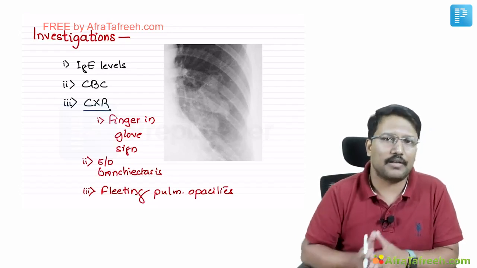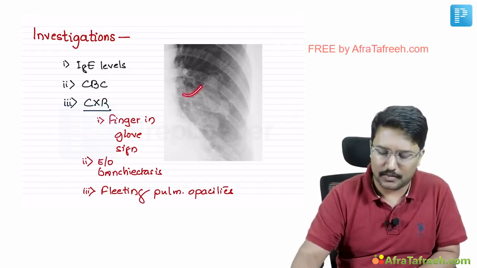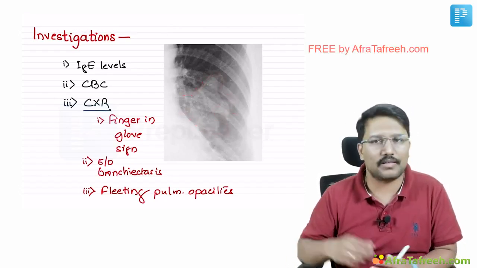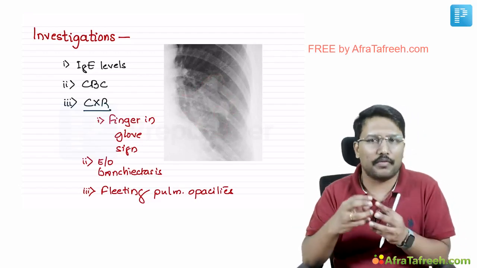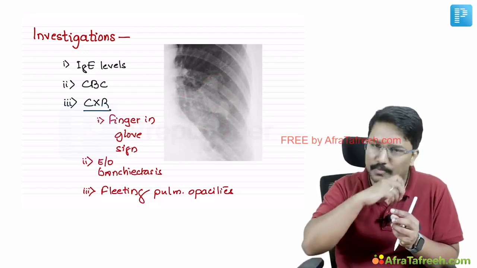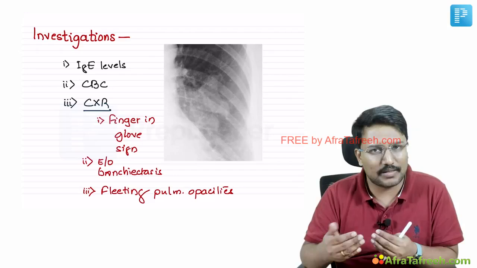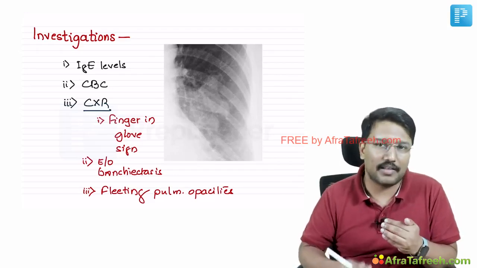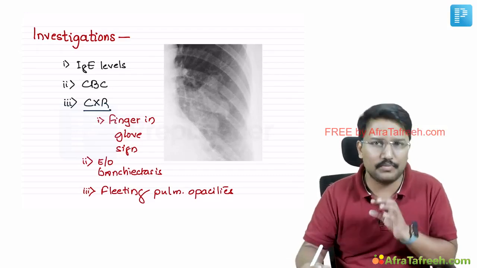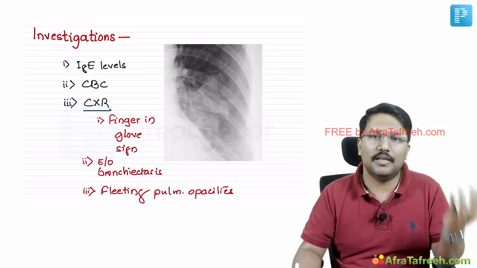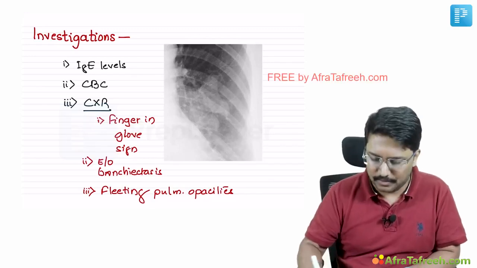That's one explanation. The other possibility is the collection of the mucus itself, right? The same thing that was responsible for the gloved finger sign, the collection of mucus in some airway segments, causes a little bit of atelectasis, and the airways which are inspissated with the mucus are also giving the opacity. But the body has inherent mechanisms to clear those secretions, right? So if the body clears the secretions from that location, the opacity disappears, but secretions can get accumulated in another location where the opacity might appear, right?